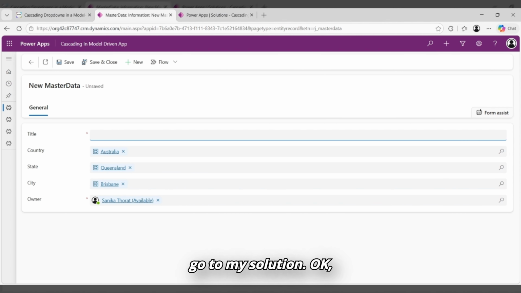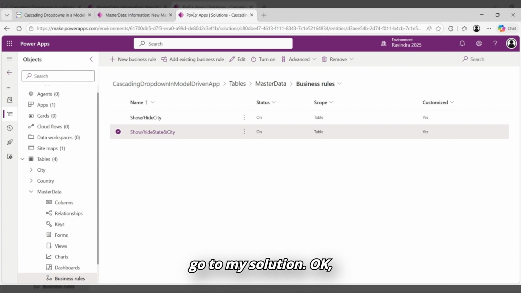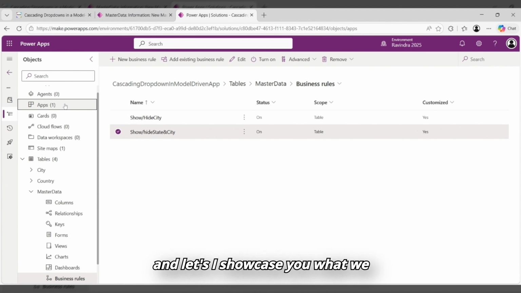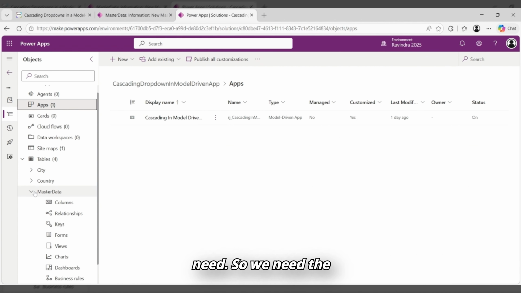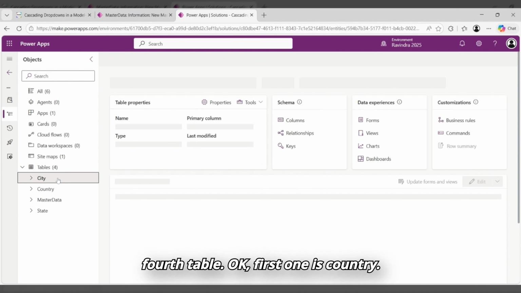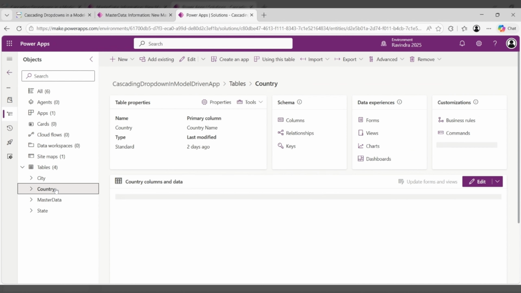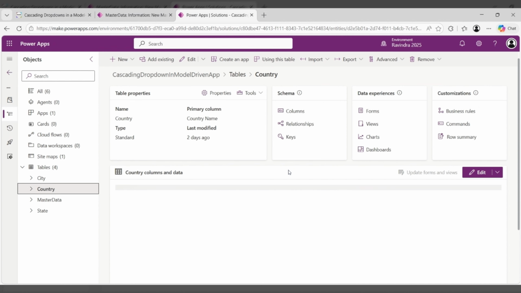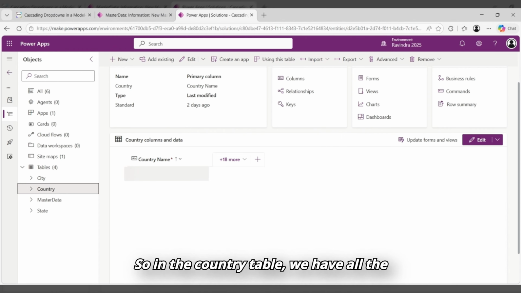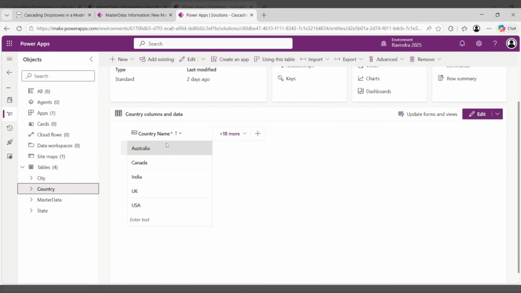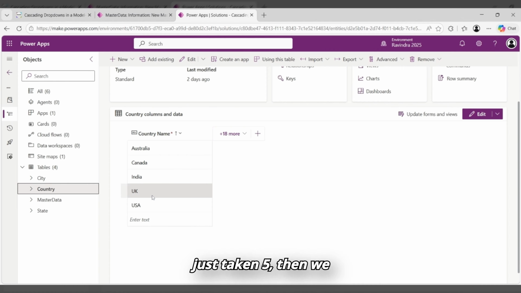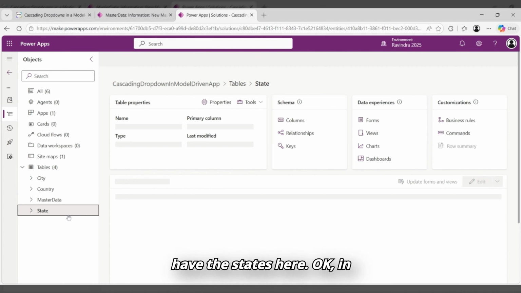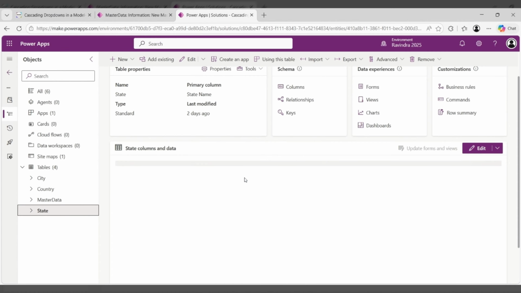So let's go to my solution, and let me showcase what we need. We need four tables. First one is country. In the country table, we have all the countries available. For example, I just took 5. Then we have the states here. In the state table,